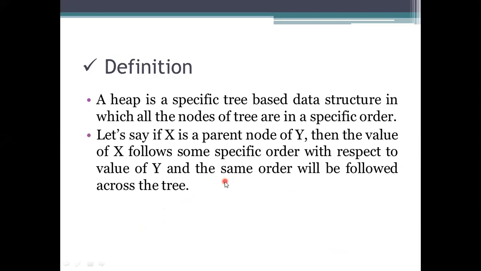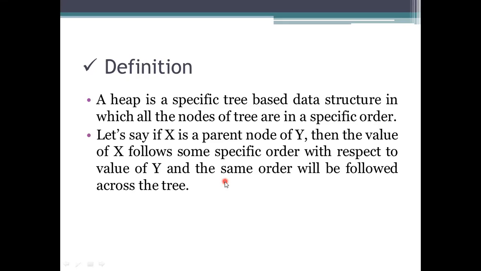Based on the type of binary tree we are creating, we are adding or inserting the elements to it. So when we are dealing with a heap-like tree, the nodes we are representing have a specific order of processing. It is a special tree which has special features. It has to follow the order while inserting or while deleting.